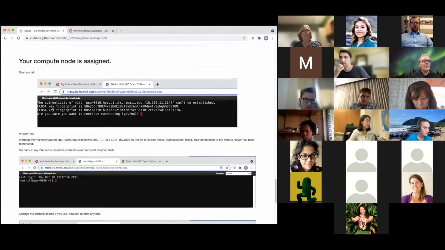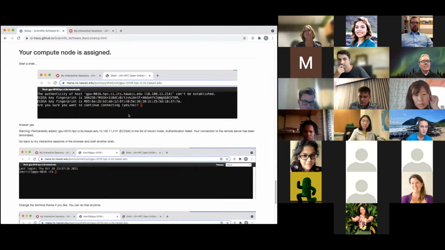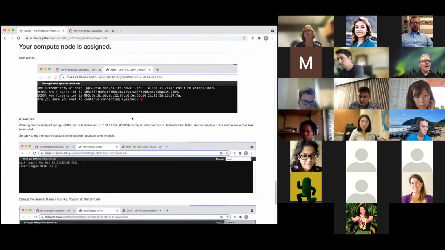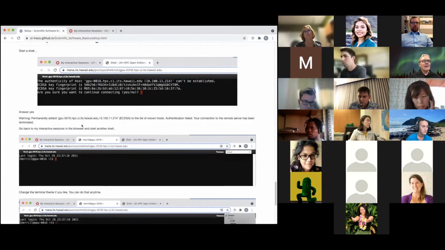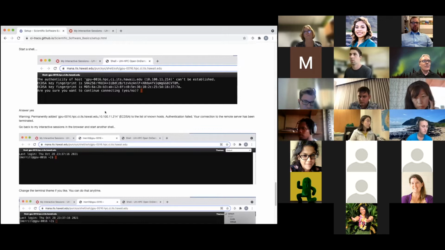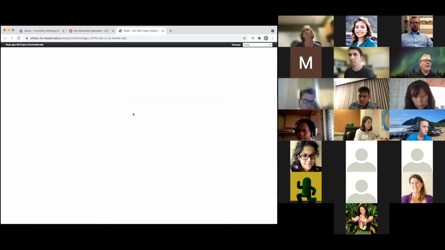And if you haven't, you're going to see something like this, the authenticity of the host, blah, blah, blah, GPU, and ask you if you want to continue to connect. And you will need to say yes if you want to continue on. So when you answer yes, it turns out that just by virtue of the way it works, you'll get kicked out. Now, I believe I've been on both nodes. I'm pretty sure I've been on this one. So I'm going to get this